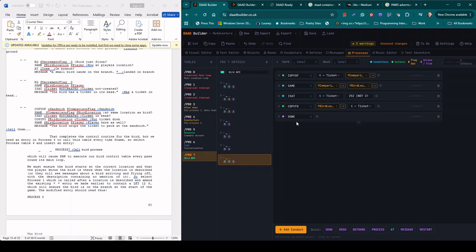We want to know if the player is at the same location so we can tell them that the bird has dropped that ticket. And we need a message to say what has happened. Okay, so that's the control routine for the bird, but nothing's going to happen so far because we never call